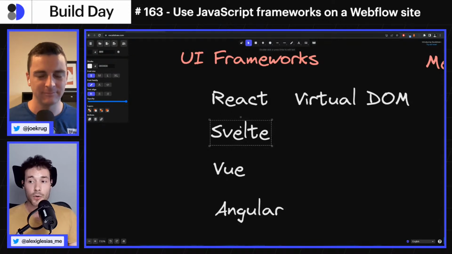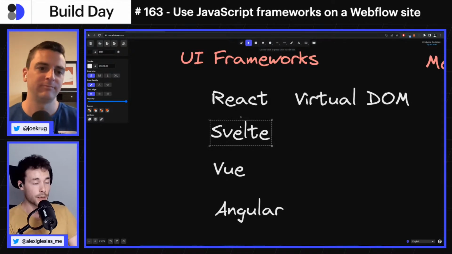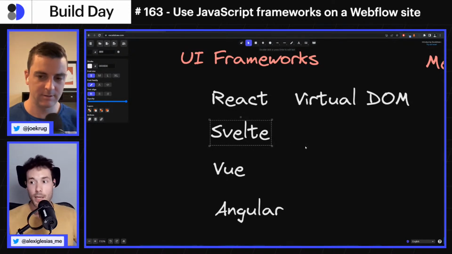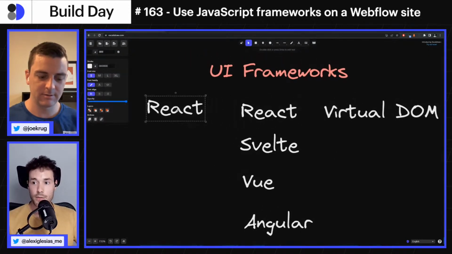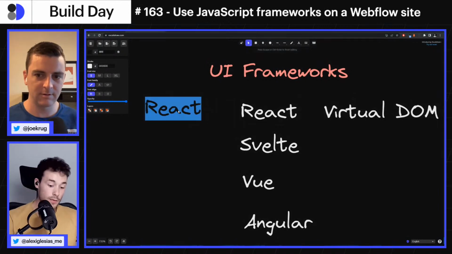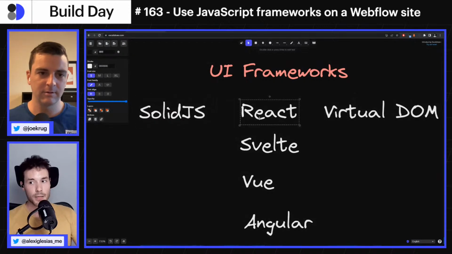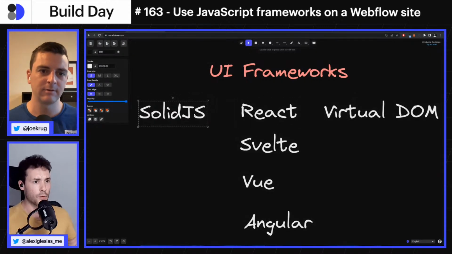So for example, React would be, it's not the most performant, it's not the most clever, it's not the most developer friendly, it's just the most used. And it was the base for everything that's going on today. For example, nowadays there's an alternative. If you like React, there's an alternative called Solid.js, that's very similar to React, but solves a lot of the pain points that React